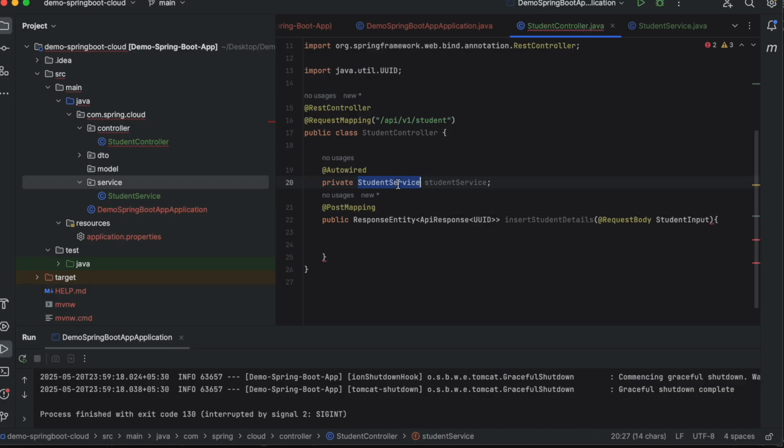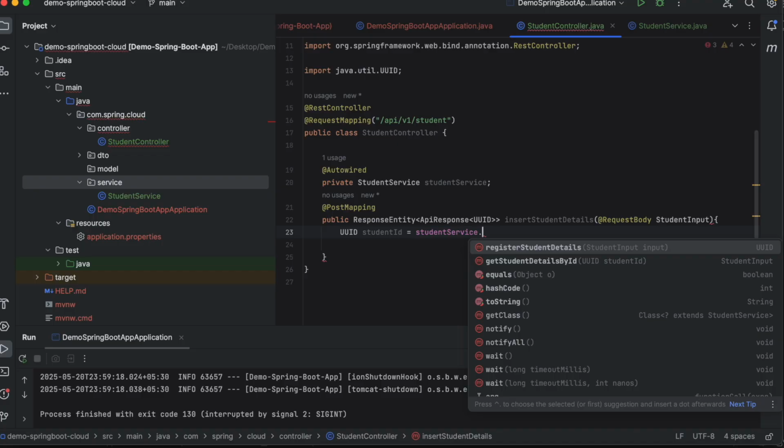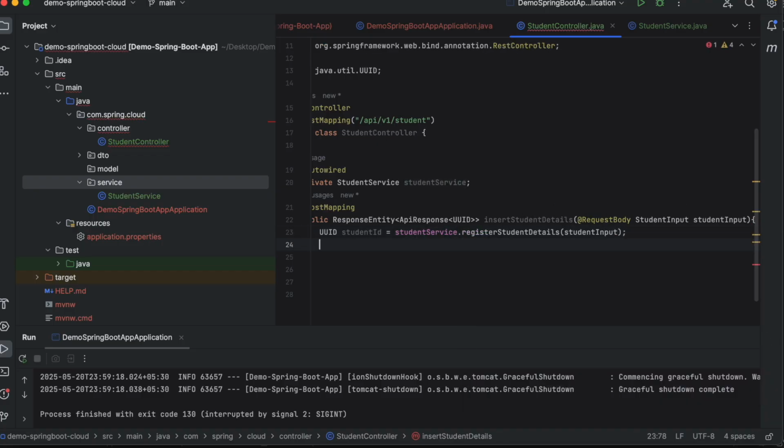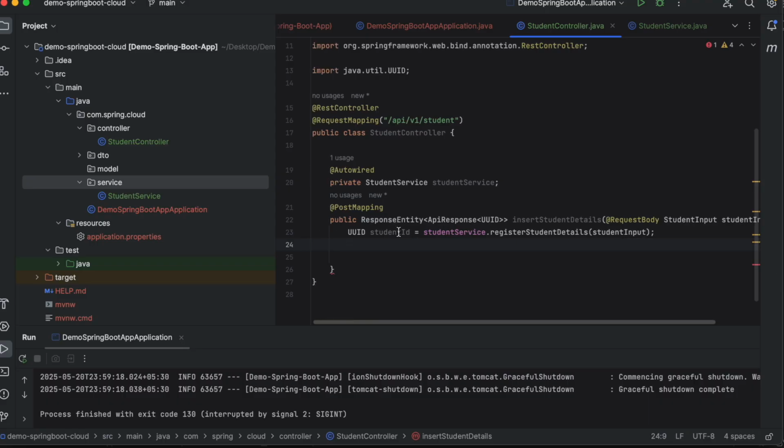Now since this instance is ready, because we are getting a UUID as the student ID, we'll say studentId equal to studentService.registerStudentDetails by providing the student input. Now we got the student ID.